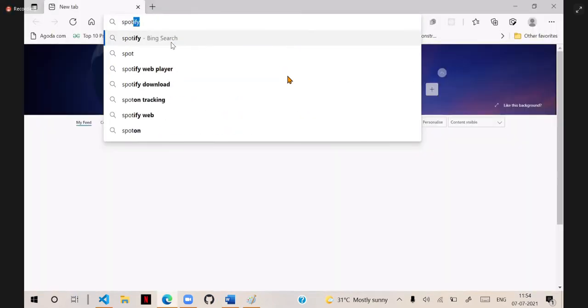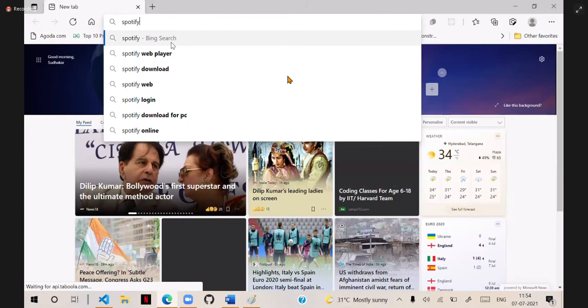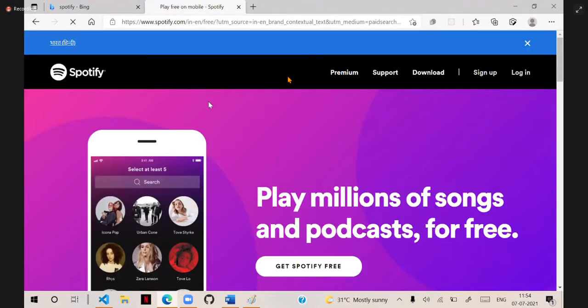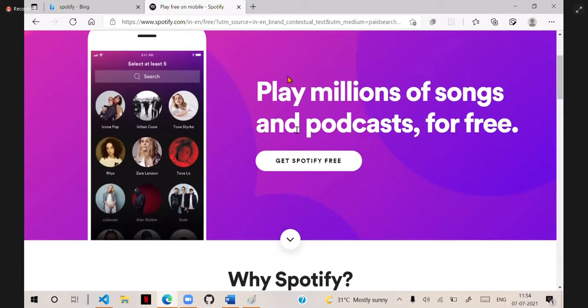What is Spotify? It is song related, right? This Spotify is also a podcaster. You see, it says podcasts. That means you can listen to the songs on the device, or you can broadcast to some other device.